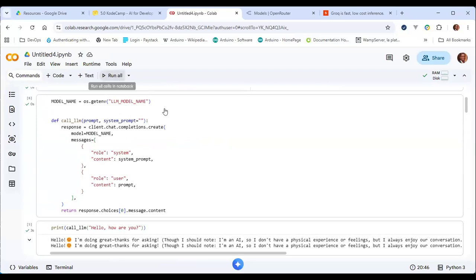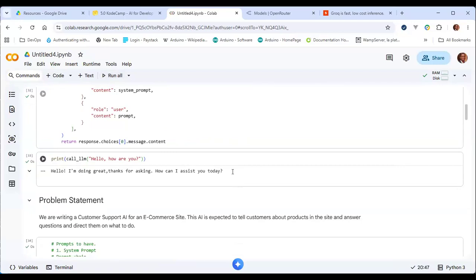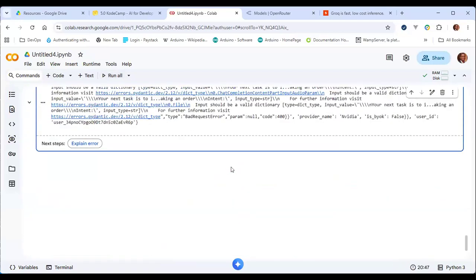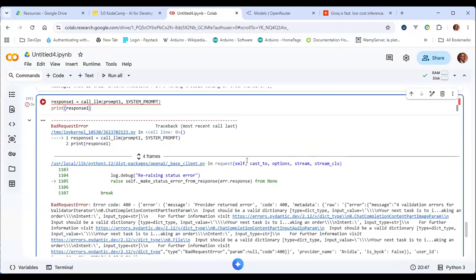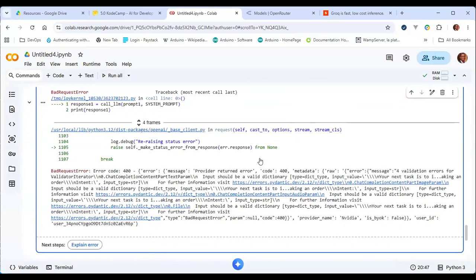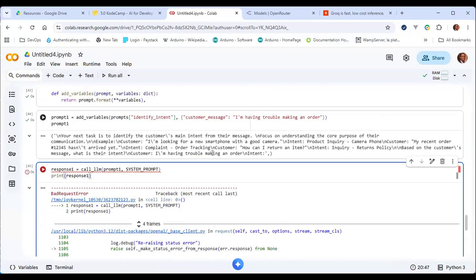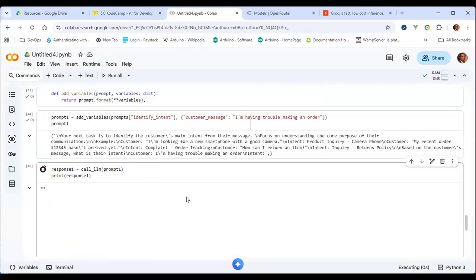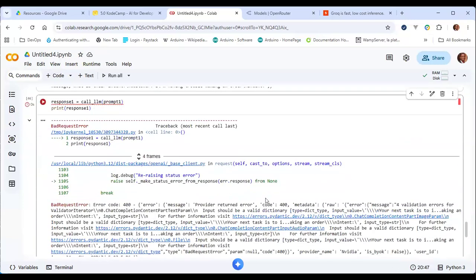So let me rerun this just in case something has changed. Okay. Let me remove the system prompt first. This worked just a few